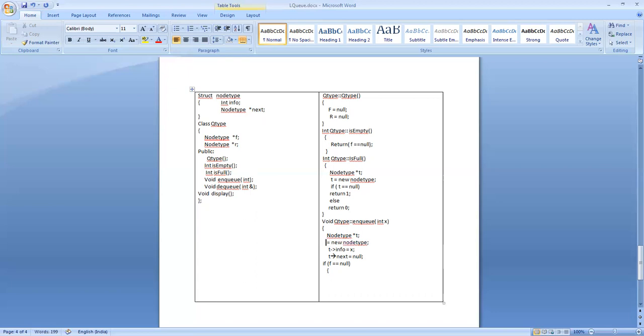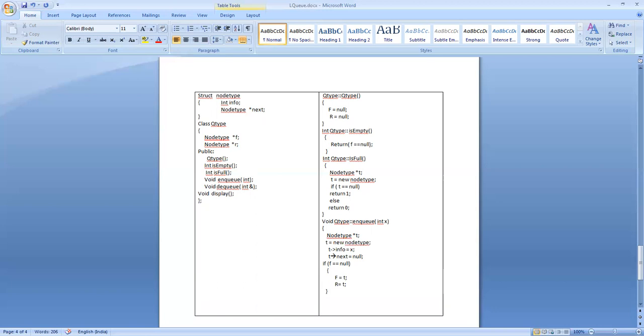The new node is already pointed by t. So what you do is set f equal to t, the value of t is given to f, and also rear is equal to t.